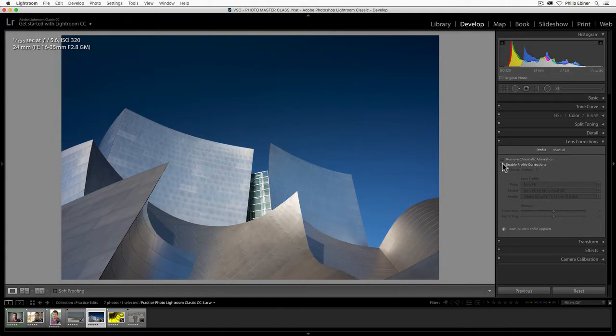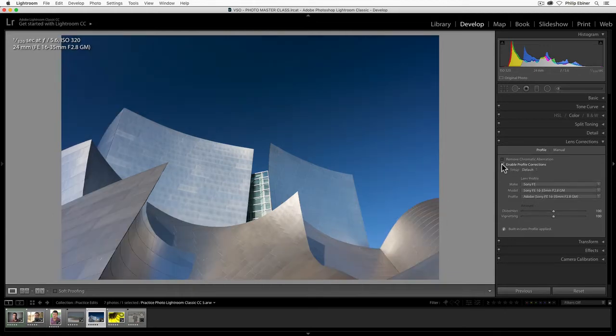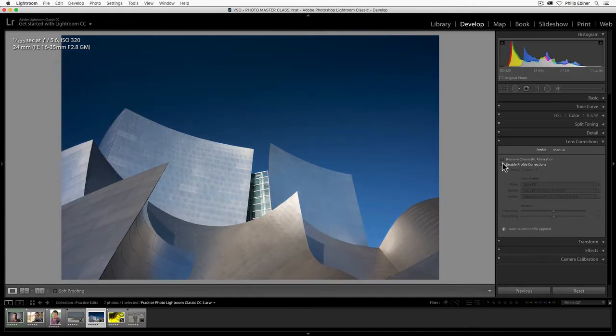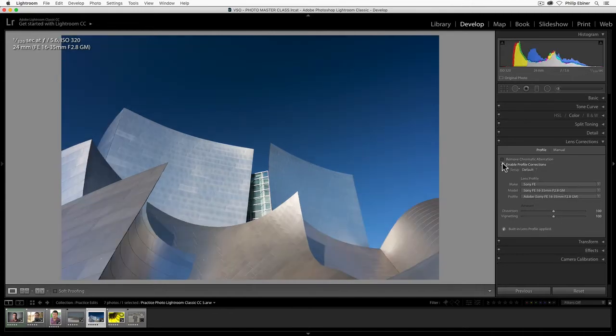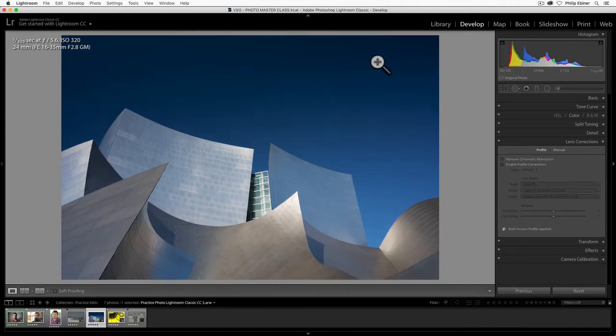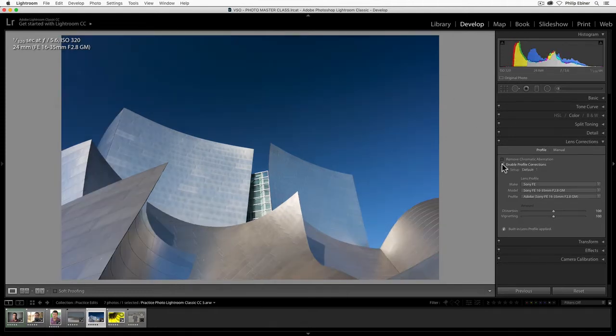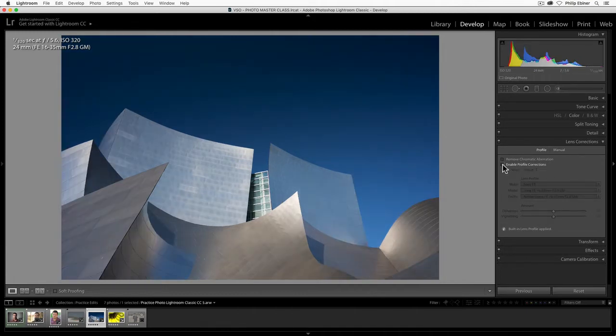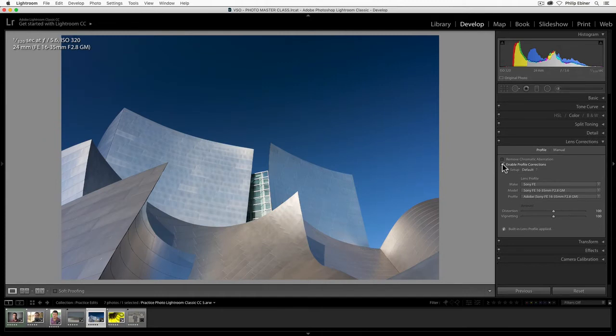Enable profile corrections, though, this will definitely change something. Watch what happens when I check this. See how this image, this wide shot, gets a little bit, well, to me, it looks warped. It unbends, and then the vignette around the edge becomes a lot lighter. And that's basically what this profile corrections does. If there's a vignetting that naturally comes from your lens, it will try to remove that so that there's no actual vignette and it looks more natural, as if you were just there in the moment looking at this scene.